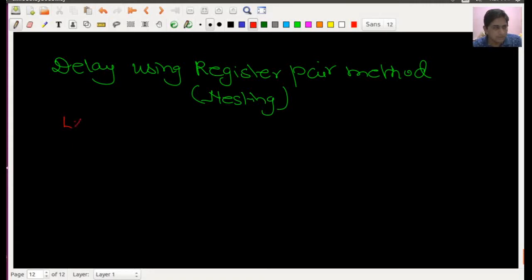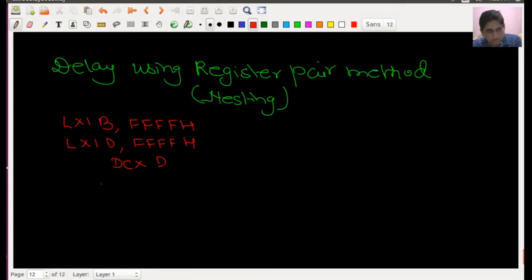I am using LXI B, FFFFH. This will be my outer loop. Next I am using LXI D, FFFFH. Okay, I am decreasing the value, DCX D. For the inner loop I will do the calculation. I will first decrement it by 1. The register pair will be decremented by 1, and then for the condition to satisfy, to check the zero flag,